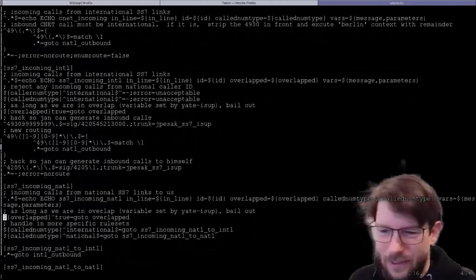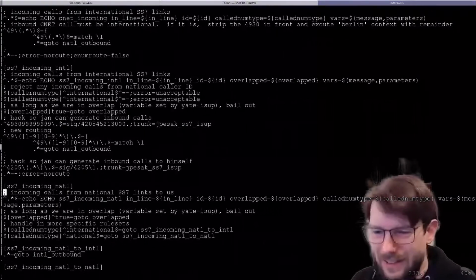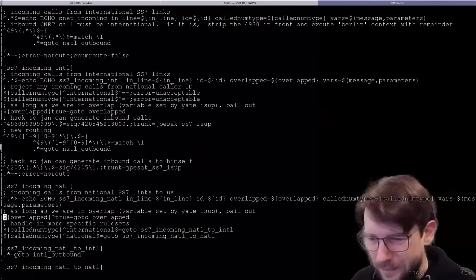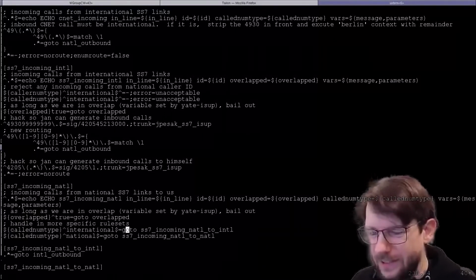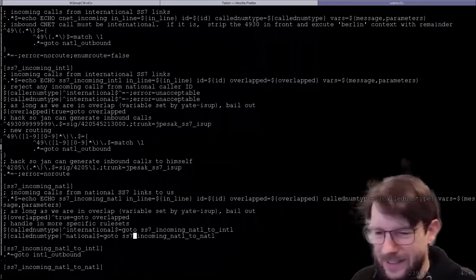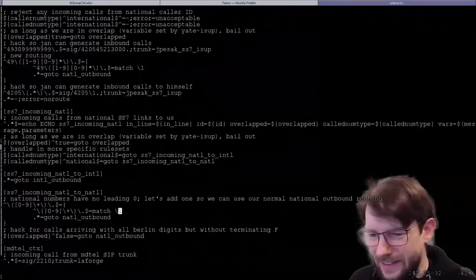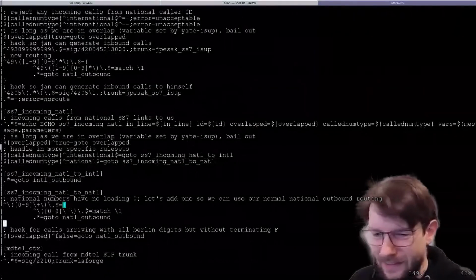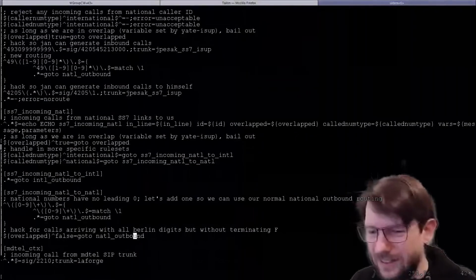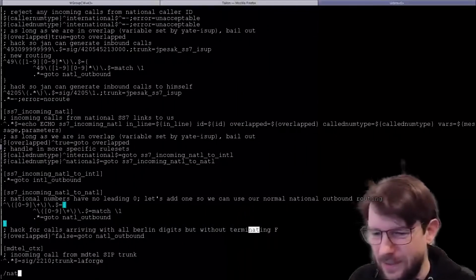Then we have a similar route for incoming calls on national SS7. That's what happens when Jolly dials into the system. So here, if the called number type is international, then we go to another rule set, or if it's national, we go to yet another dial plan, and that then starts here. So you can see it all depends on where the call is coming in. There's some processing, and then in the end it goes to, for example, this national outbound,